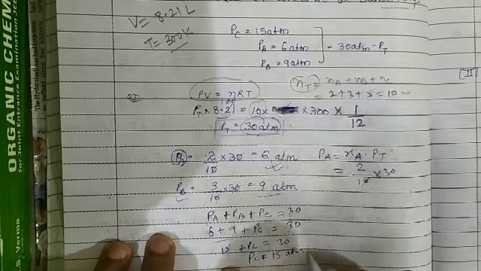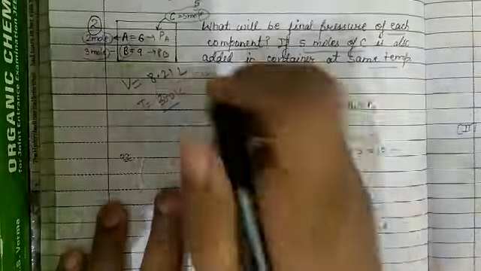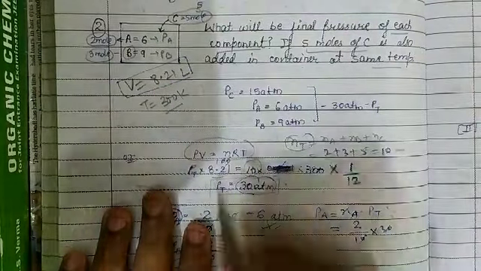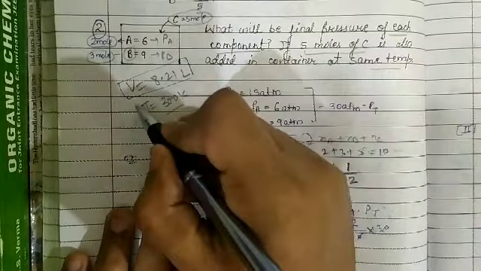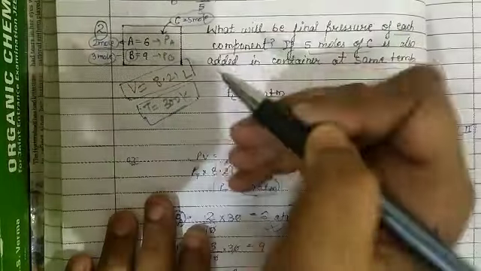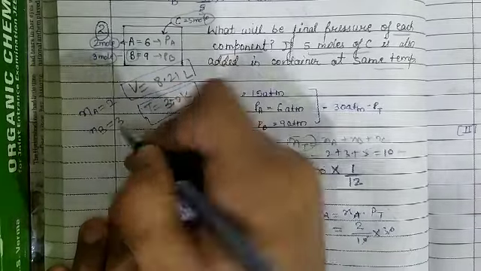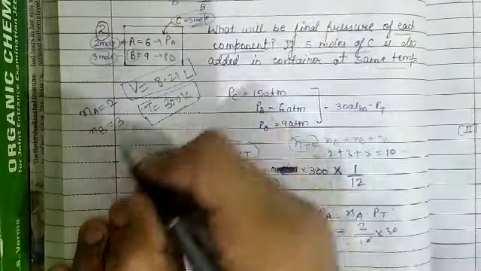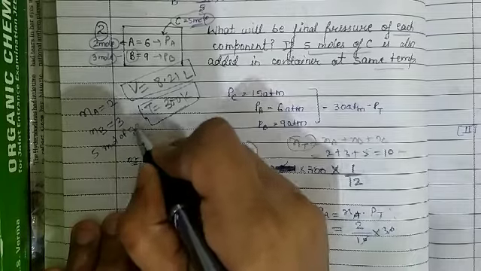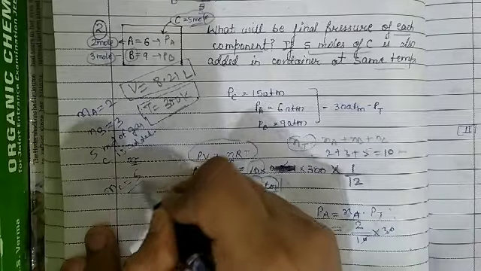15 atm. So basically what we are given in this question is the volume of container, which is 8.21 liter, and temperature is also given. Temperature is given how much? 300 Kelvin. And what is given? Number of moles of gas A, which is 2, and number of moles of gas B, which is 3. And further C is added. So 5 moles of gas C is added. So number of moles of C will be 5.